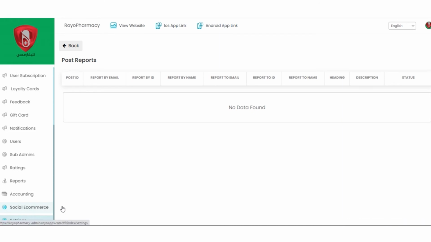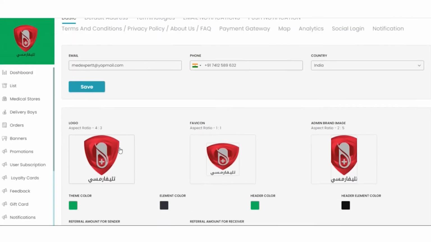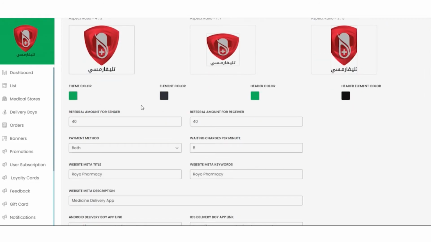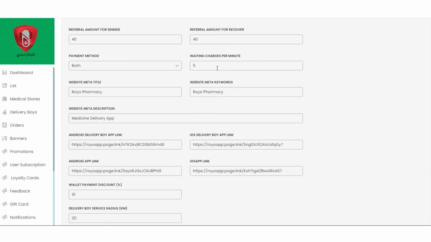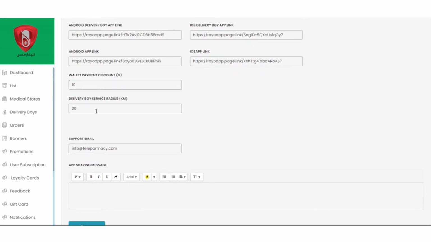And lastly, in the settings section, the admin has the complete access to change or modify the logo, favicon, admin brand image, set the theme color, element color, referral amount for the sender, referral amount for the receiver, what is the payment type, payment method, whether it is on cash on delivery or online, what are the waiting charges per minute, website meta title, keywords, description, what is the wallet payment discount, the delivery boy service radius, or in which vicinity a particular delivery boy would be serving in,